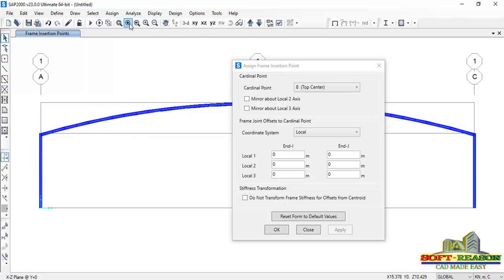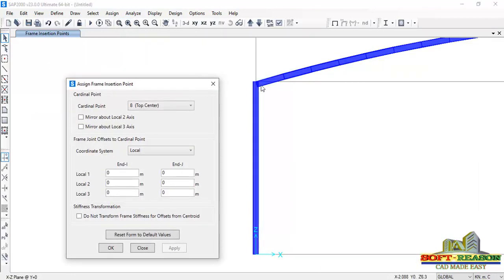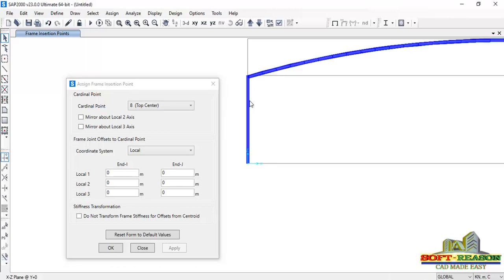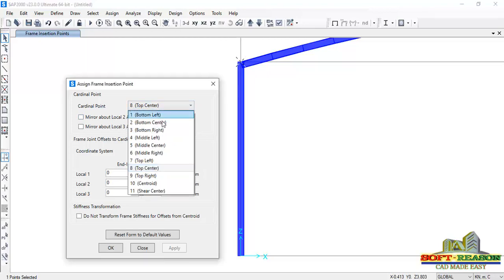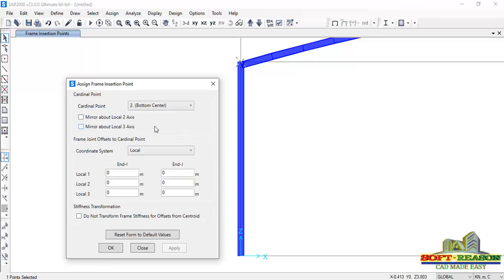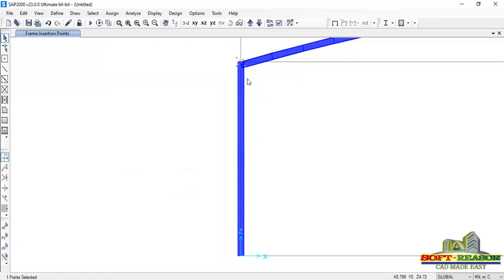Let me zoom that closely so you actually see what I am trying to do. Okay, shift this dialog. I want to move this in a little bit. Okay, so I need to get this selected. I will zoom this just like this, and then get this selected. Get this one selected just like that. Okay, then this time around you'll be using bottom center. Okay, click on OK, then